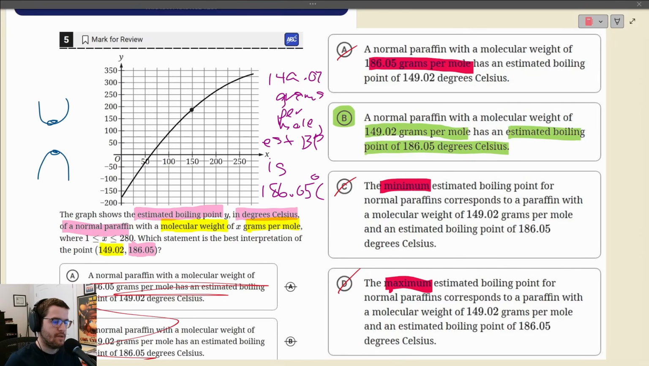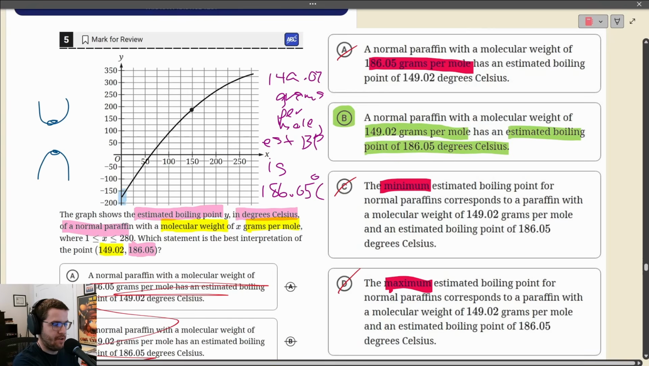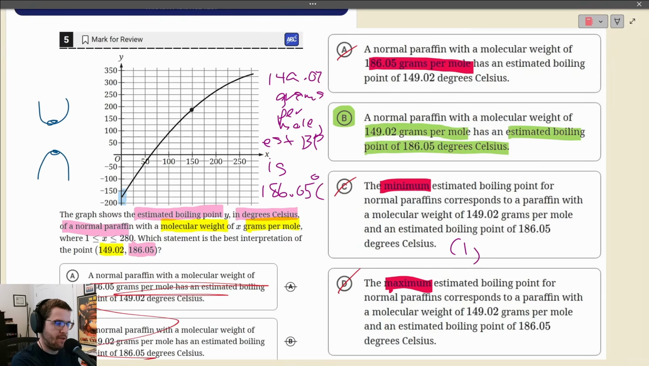Okay, guys, I just wanted to quickly point out what the minimum and maximum actually were. So the minimum is the lowest point, which happens right here, as you can see, right? I just highlighted it in blue. So that would be at 1, negative 175, and that's not even the point listed in the question, so it kind of helps you see that C is like wrong for a bunch of reasons, right? And then the maximum